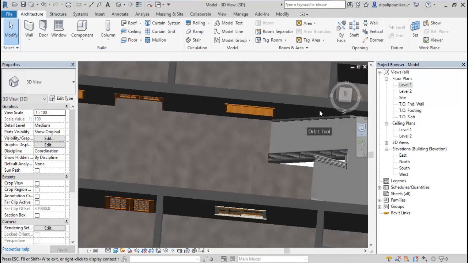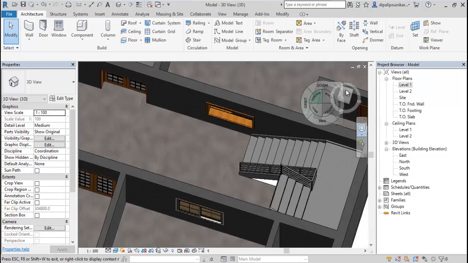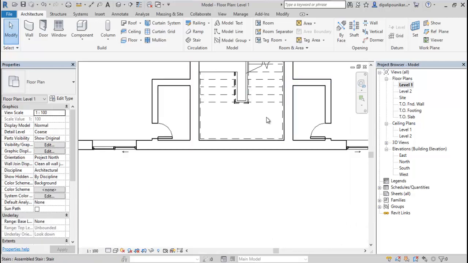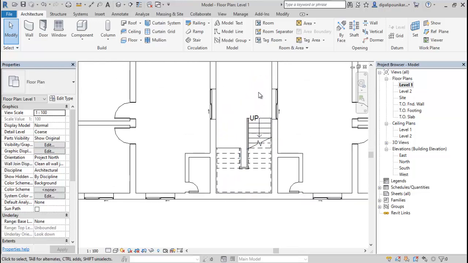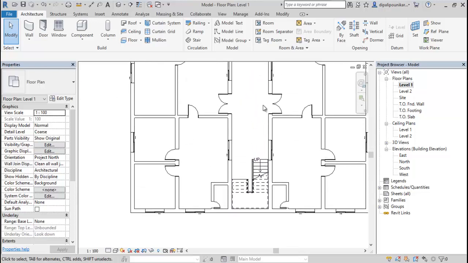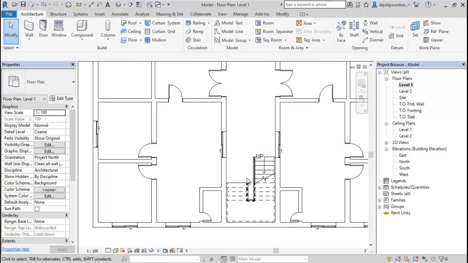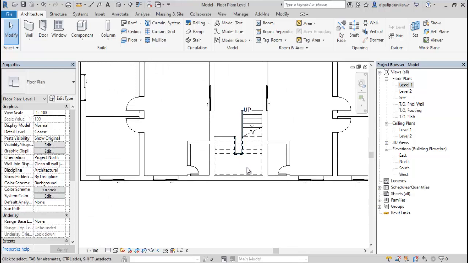Understand? Like this. After you have done this work, any person will come over here. They first come from the down and then come up, so that particular scenario is also happening. So control S, save the model.